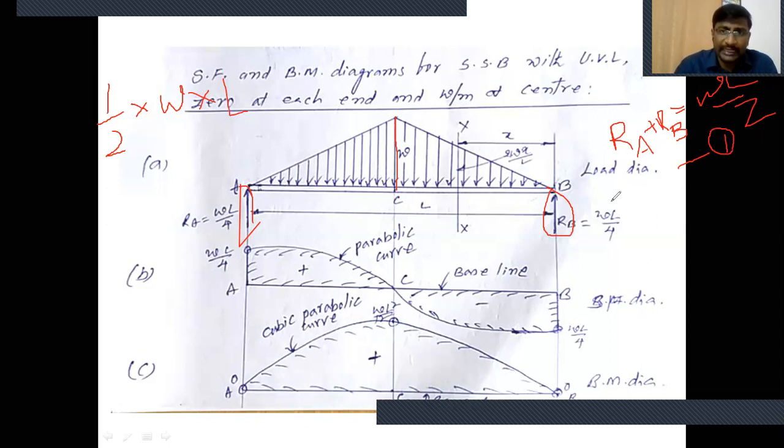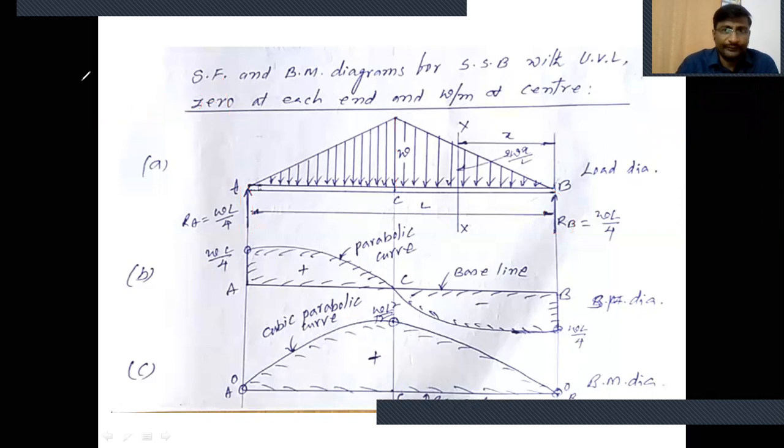By taking the next static equilibrium equation, that is sigma M equal to 0, where we have to take the bending moment equation, let us take the moment at A. Sigma MA is equal to 0. If we take the moment at point A, it is the algebraic summation of all the moments. On the right side, there is RB and also the total triangular load.